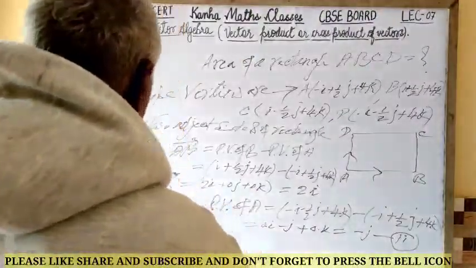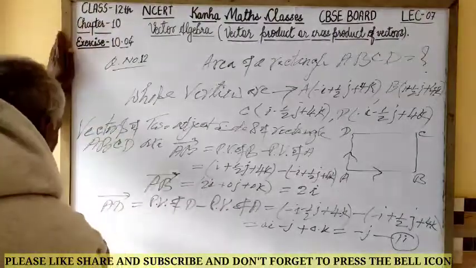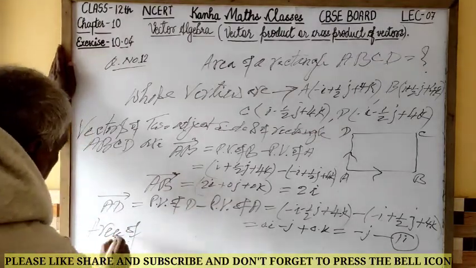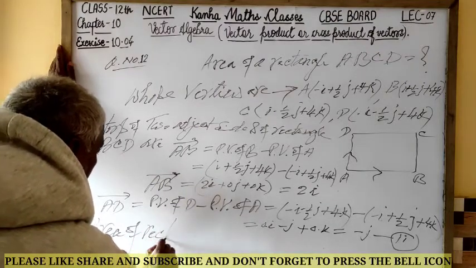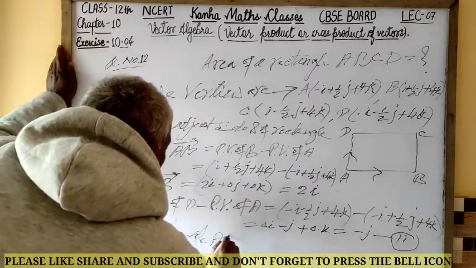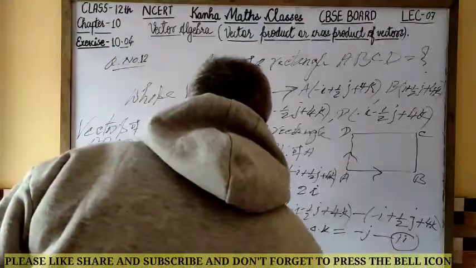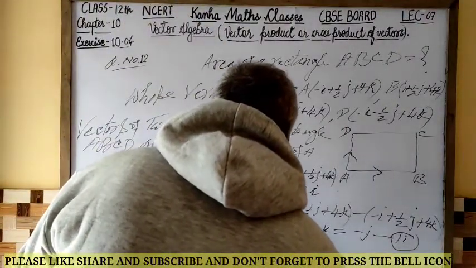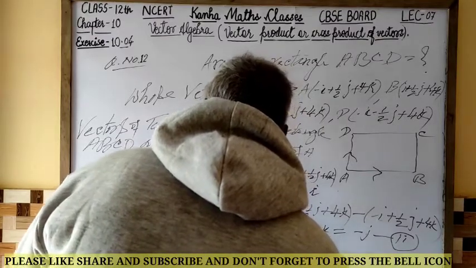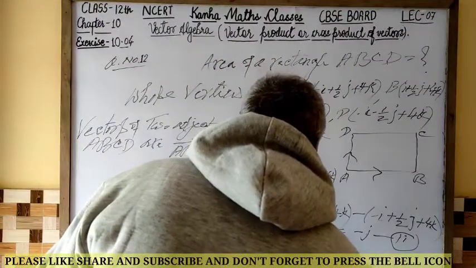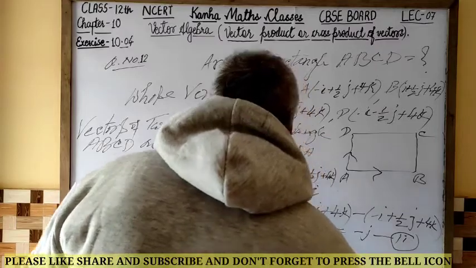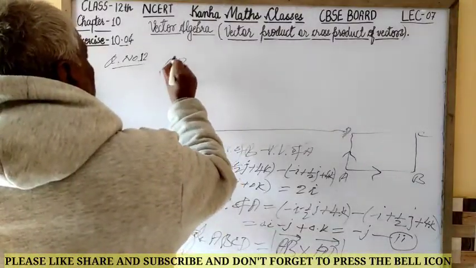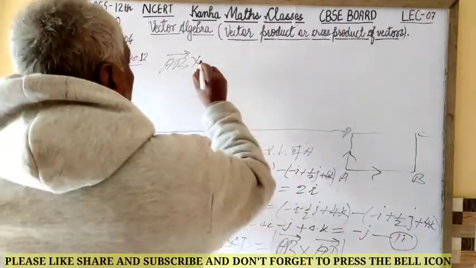Now the area of rectangle ABCD is equal to the magnitude of the cross product of vector AB and vector AD. Here, due to lack of space, AB cross AD